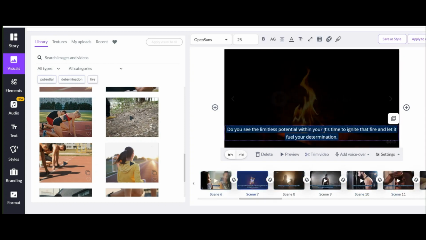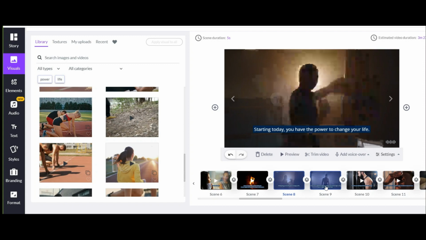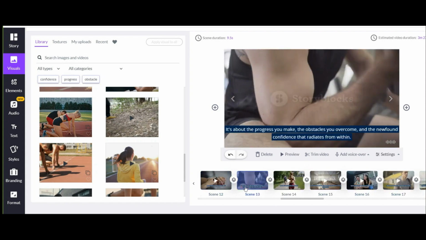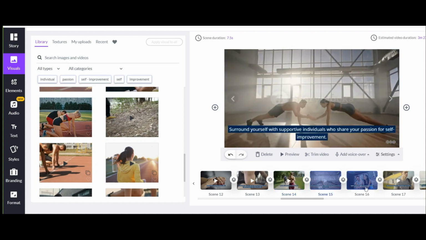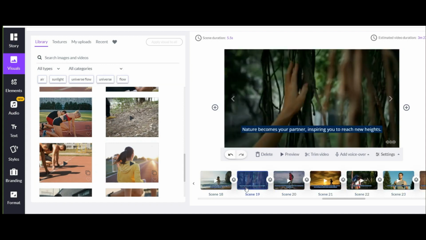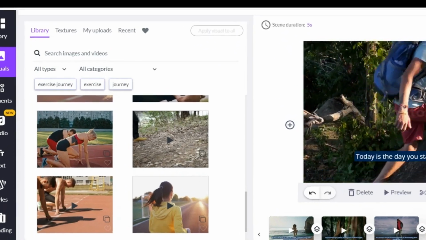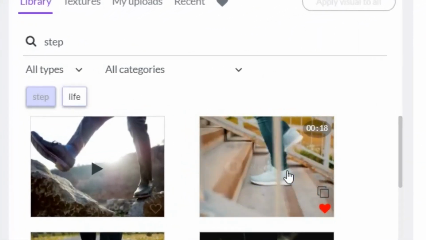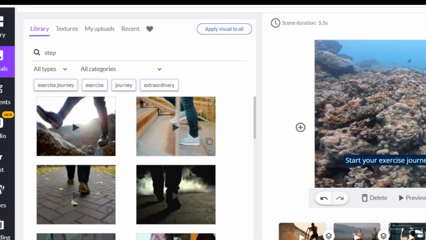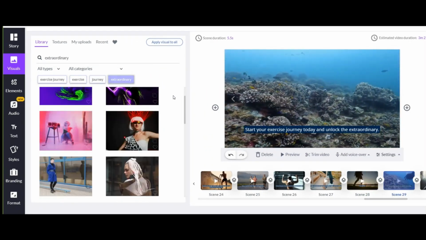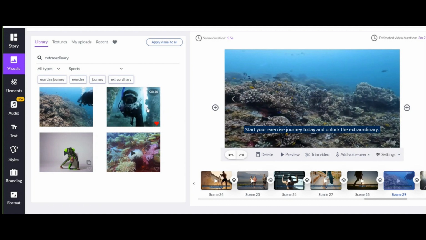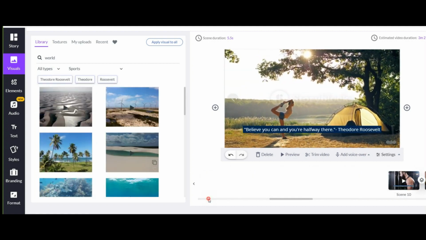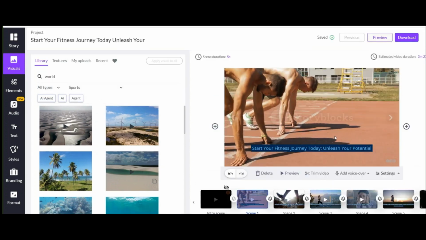In general, Pictory is an artificial intelligence that understands your sentences and chooses the closest footage that matches your desired sentence. So just check all the slides once to make sure that all the images are according to your taste. Another interesting point is that, if you pay attention, you will notice that according to the text of each slide, it shows you keywords in the footage search section so that you can find the most similar footage very easily and in the shortest possible time. I like these chosen footage for my video, so I only change a few of them in the last slides. This sounds good now.